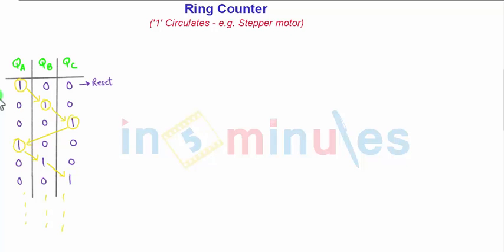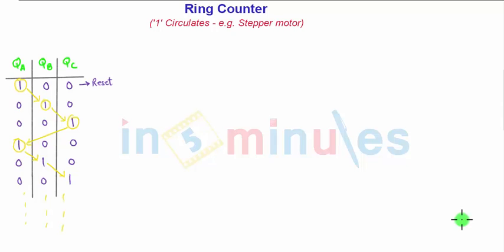Now how to form this kind of circuit? One thing is very important: we are not changing the data. Whatever the previously set data was, that is 100, it is not being changed. That means we are not using any SR or JK flip-flop in which set and reset conditions are there, and instead of that we will be using D flip-flop. Why? Because in a D flip-flop the data is delayed and not changed.